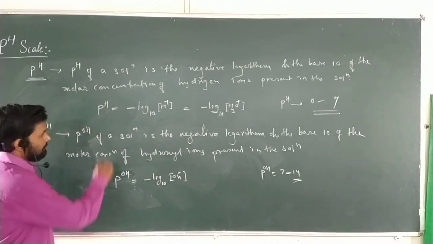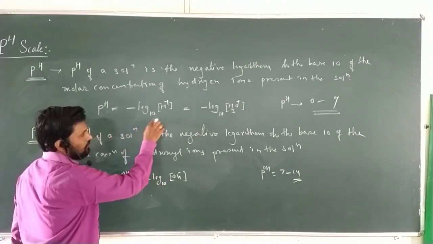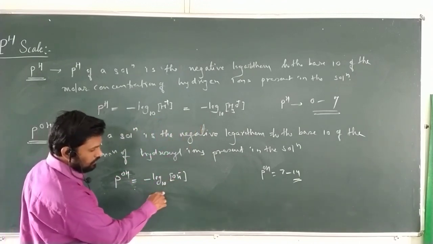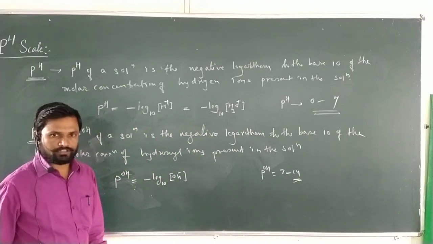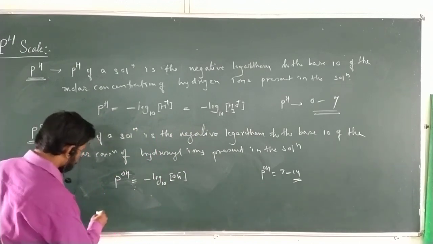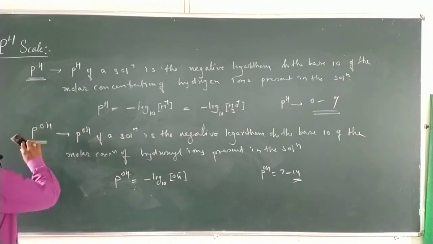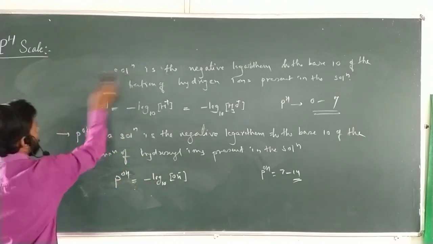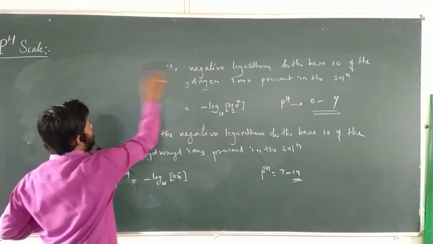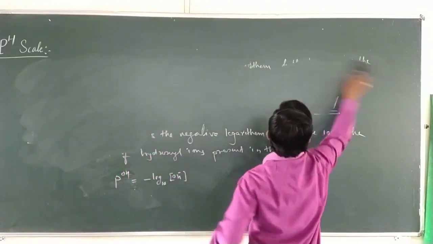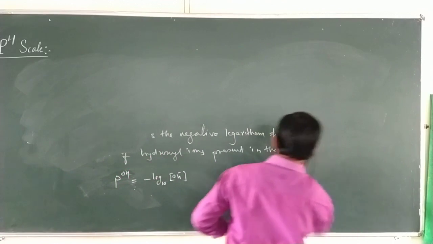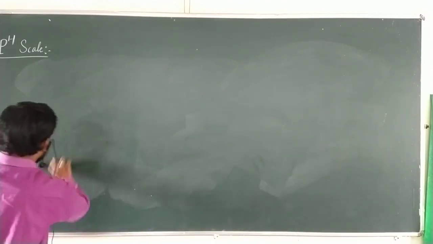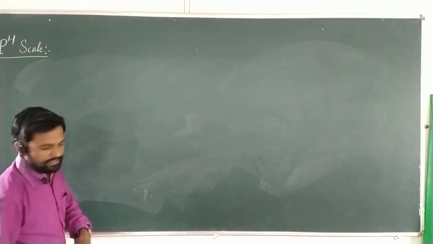Here pH is equal to negative logarithm to the base 10 of the H plus ion concentration, and pOH is equal to negative logarithm to the base 10 of the hydroxyl ion concentration. So here we can see the pH ranges. I hope you understand this. We have a pH scale, and from those ranges we can easily identify whether a substance is acidic or basic in nature.